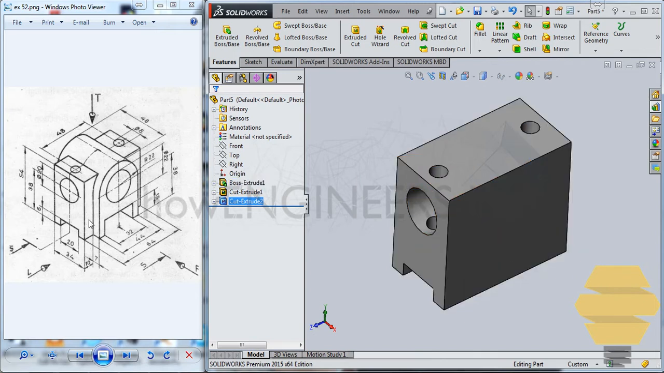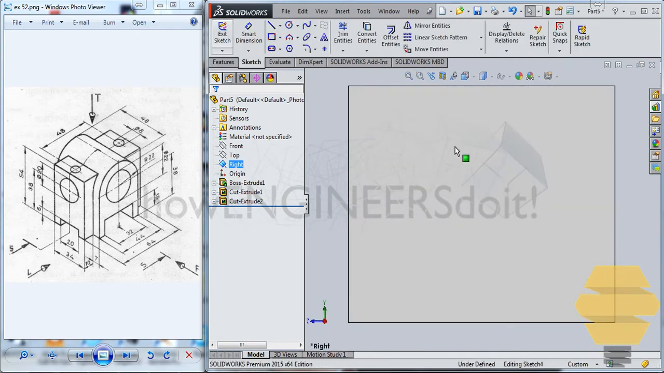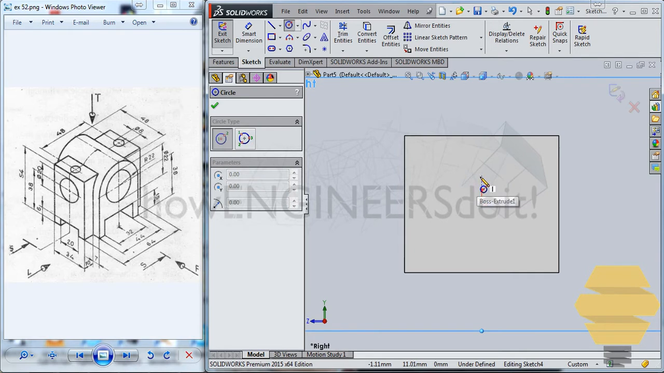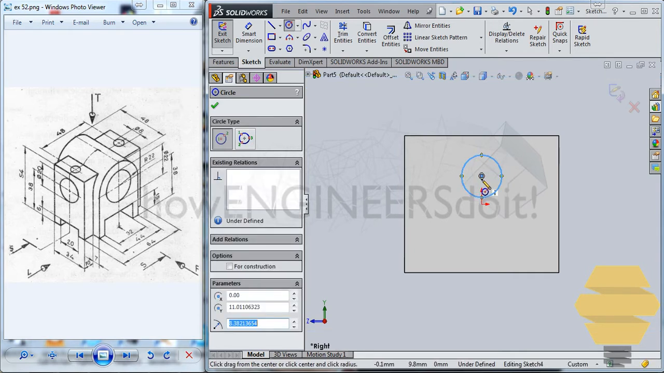And now we need to create this face here, so let's go for the sketch. Let's do the sketch on the right plane itself. Create sketch, and let's create a circle and another circle,